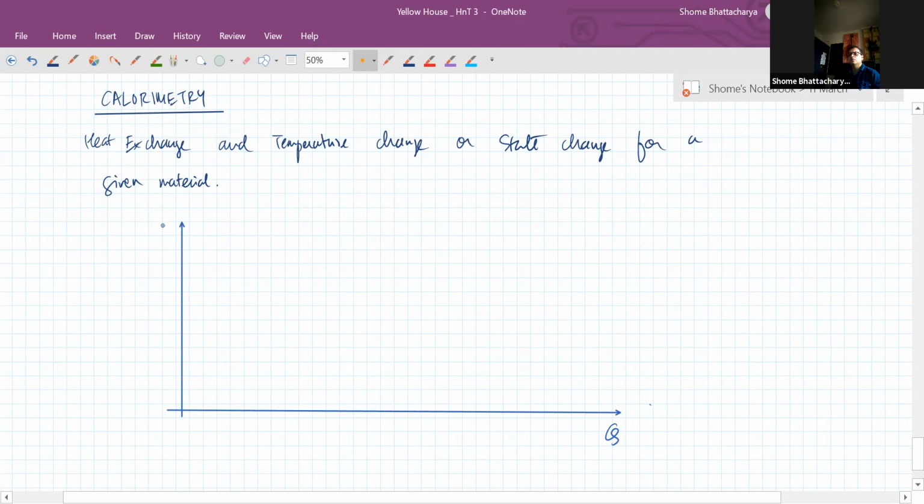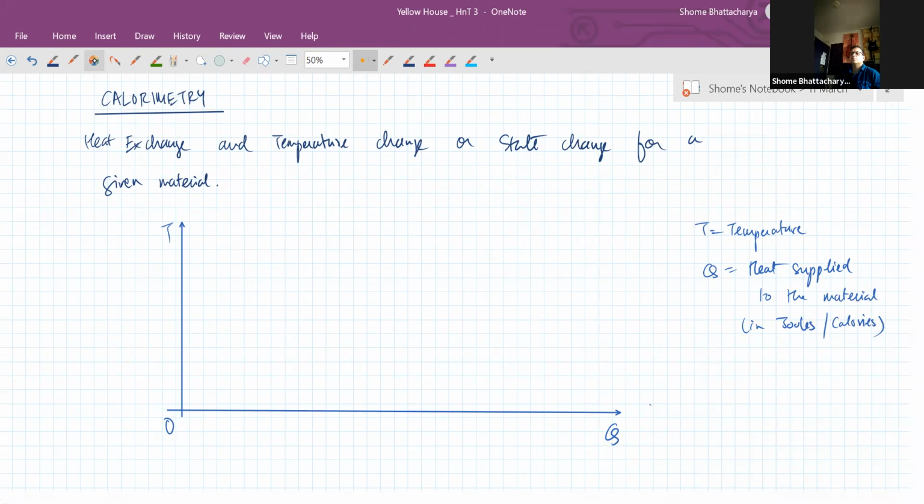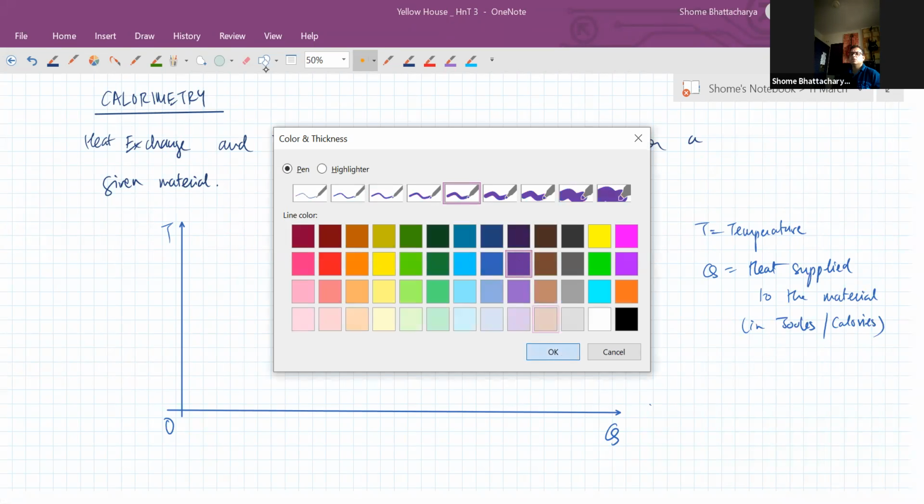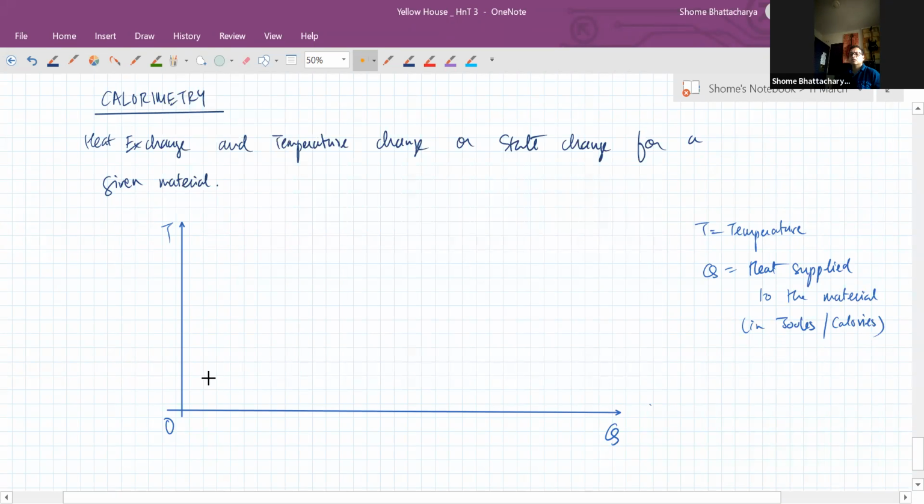So if Q is the amount of heat supplied and T is the temperature of the body or the material, and temperature can be in any unit including Kelvin or degree C or whatever, Q is the heat supplied to the material, in joules or calories or whatever. Then the experimental analysis we do for any material will show us a behavior which is like this,